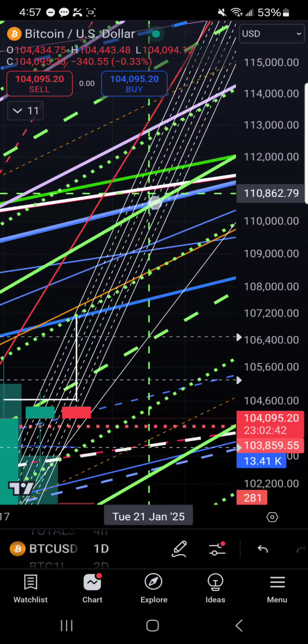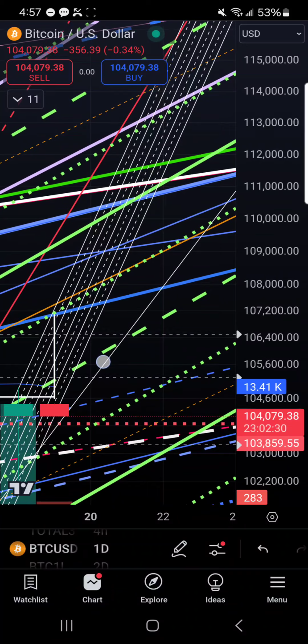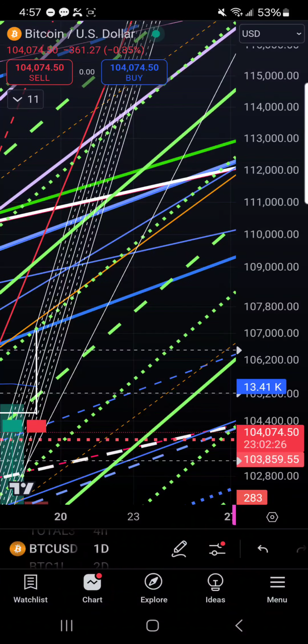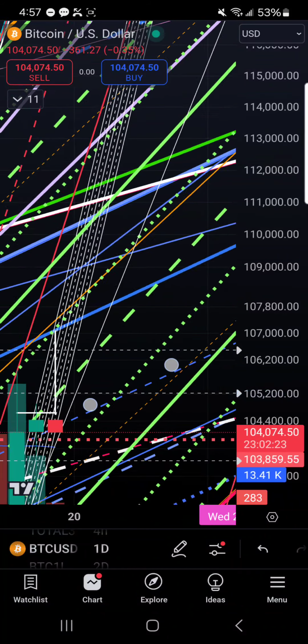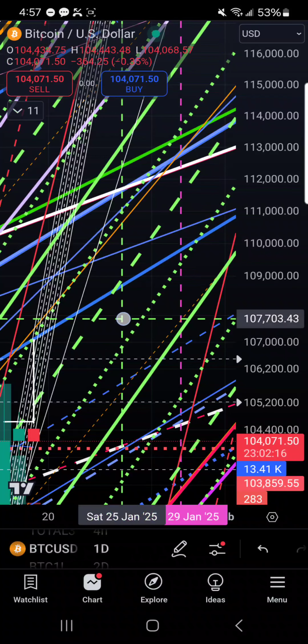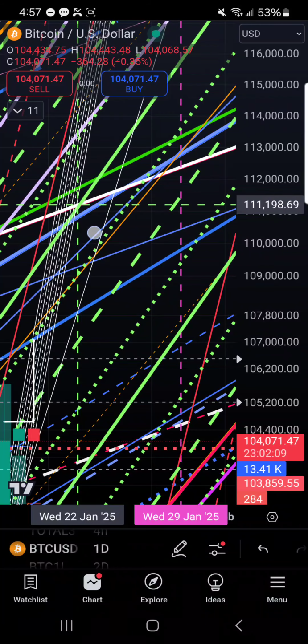So we could keep going and blasting through. That would be great. But what I was thinking is that we would peter out around this range, and the bears would then attempt to knock us back down again, especially heading into the FOMC meeting, although I've discussed how I believe this is really a non-event. It's not as influential as many of the other FOMC meetings, but we could hit the top of the white channel here around 111